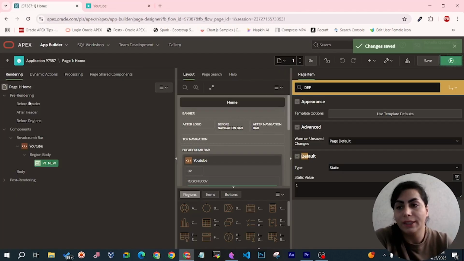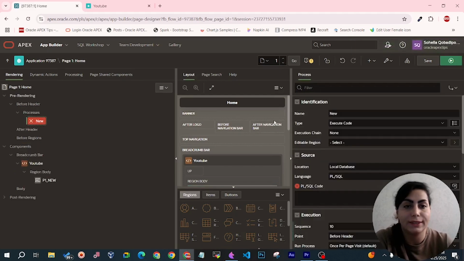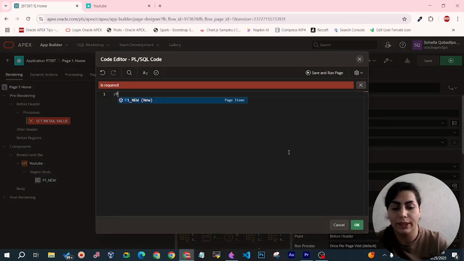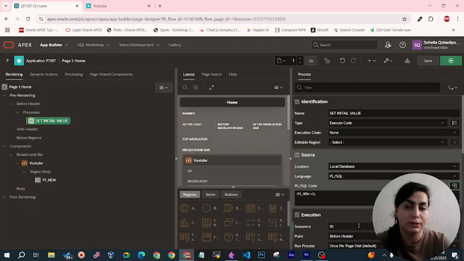But there is another way: you create a process in Before Header. Let me set a name for it. In this section, I can set a value, for example 2, for my page item, and let's compare the result.